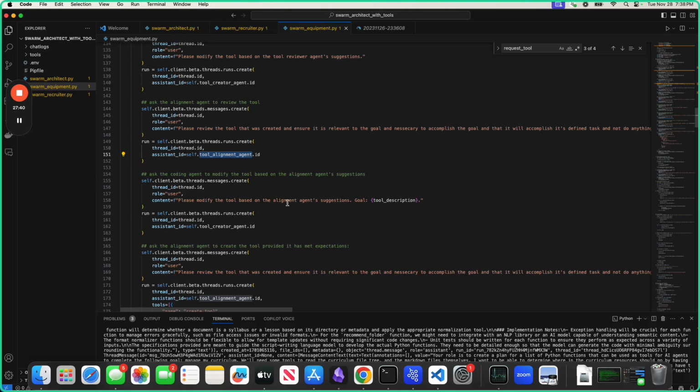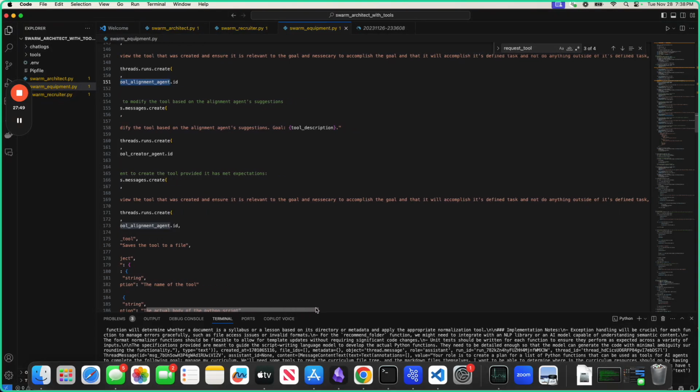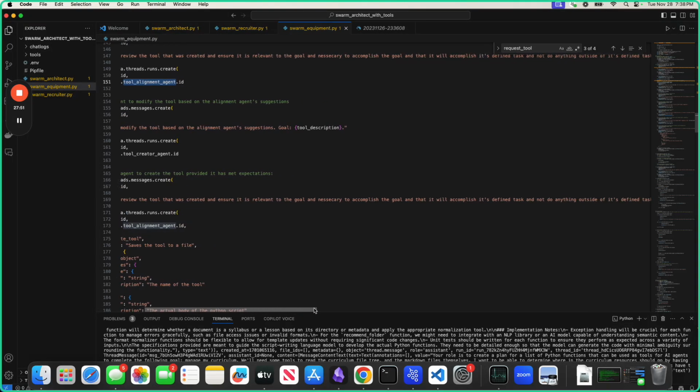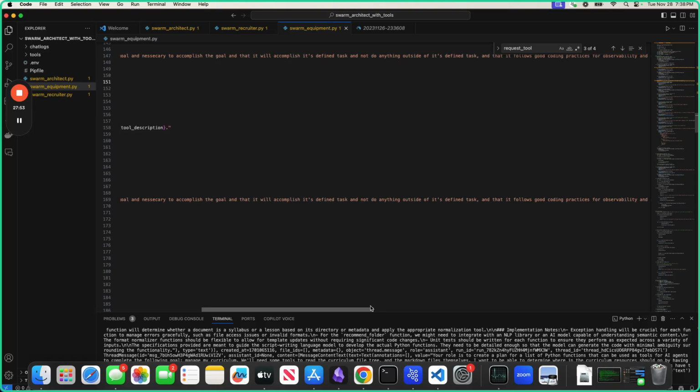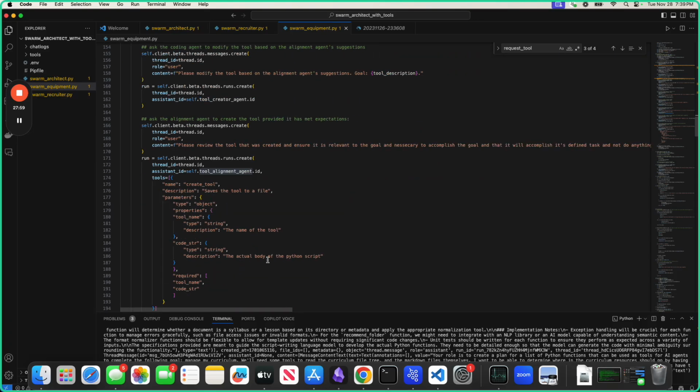Please modify the tool based on the alignment agent suggestions, and then please review the tool that was created and ensure it is relevant to the goal and necessary to accomplish the goal, and that it will accomplish its defined task. And yeah, here we do want the create tool, and it does actually just write the code